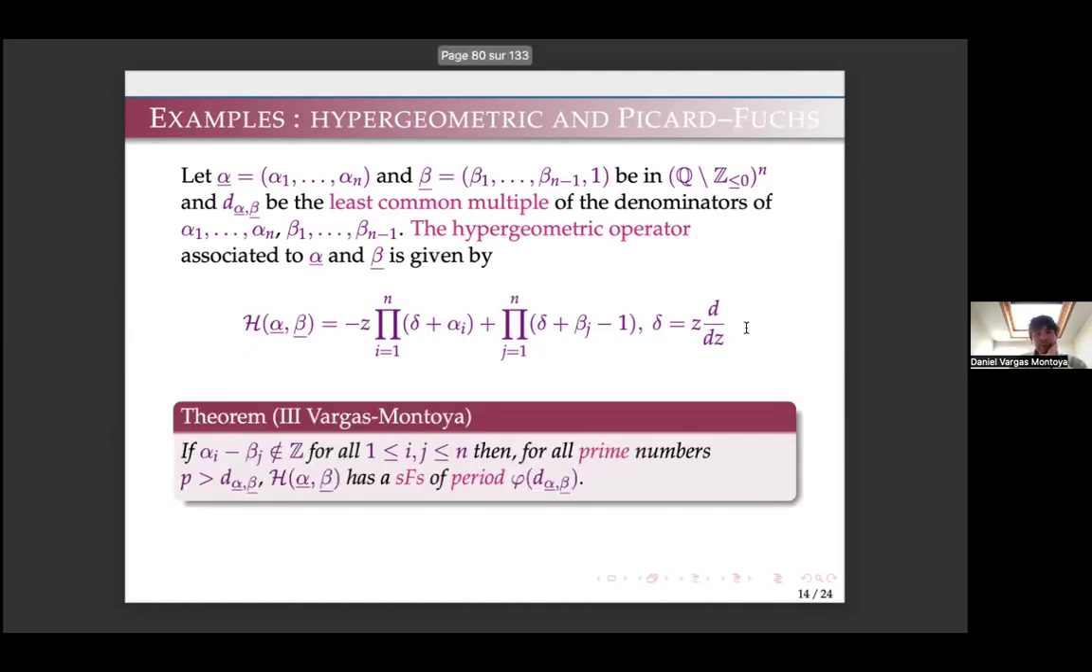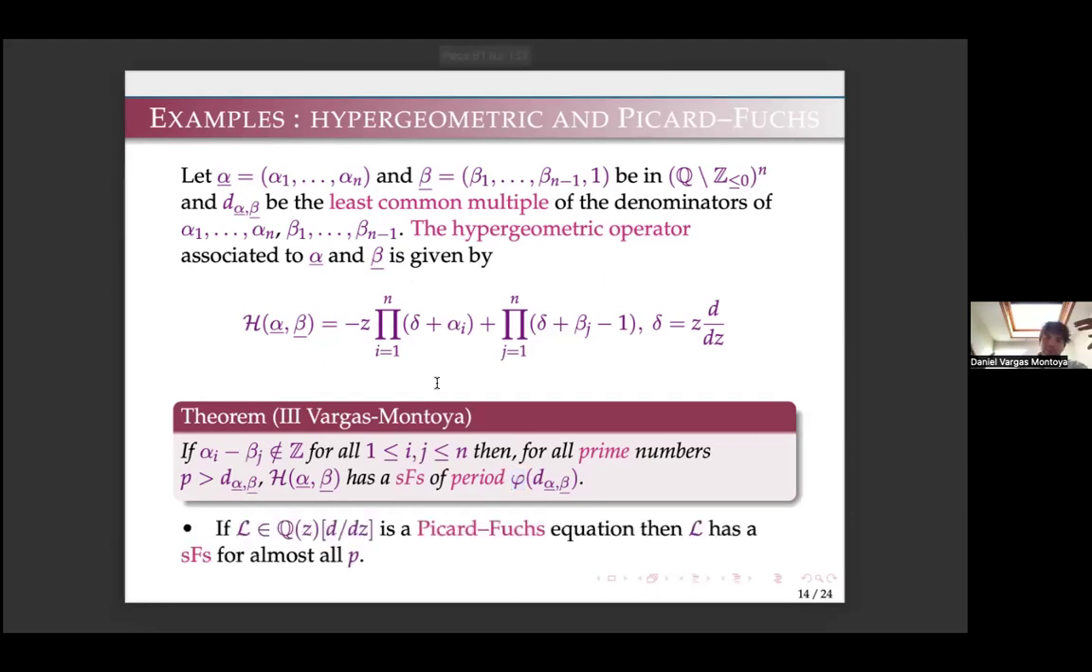So here is the theorem. If alpha i minus beta j is not an integer for all i and j, then for all prime numbers p bigger than d alpha beta, the hypergeometric operator associated to alpha and beta has a strong Frobenius structure of period phi of d alpha beta, where phi is Euler's totient function. Okay. Now the second example is given by the Picard-Fuchs equation, and for this example, the proof is